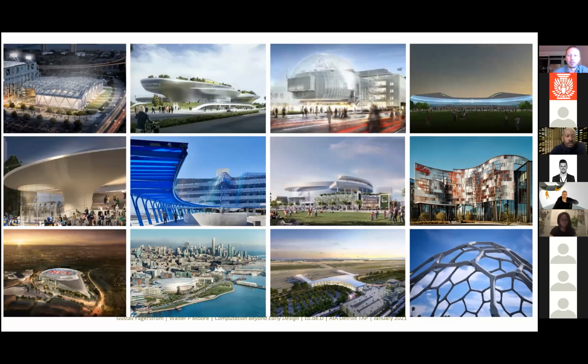Over to the right again is the Allianz Arena, which is the field for the Minnesota United. Here is the gatehouse for the Golden State Warriors arena that we'll be talking about today. This here is at Angle Lake, SeaTac, and this is actually an old rendering, and I don't want to talk about it because the project is now built. It's the one we're going to talk about today.